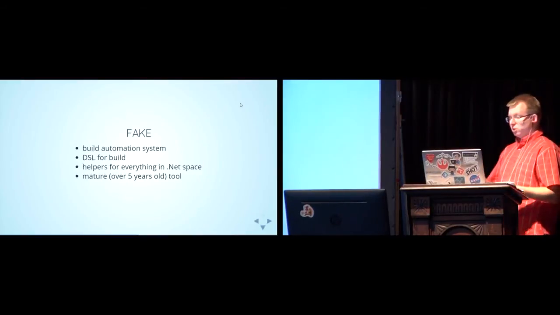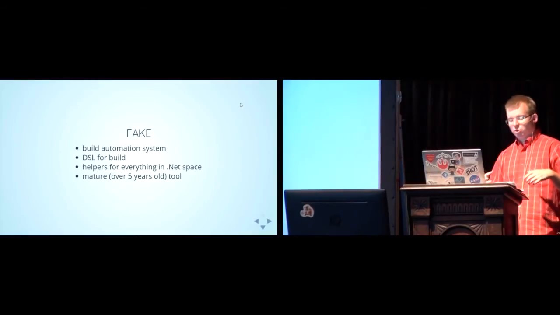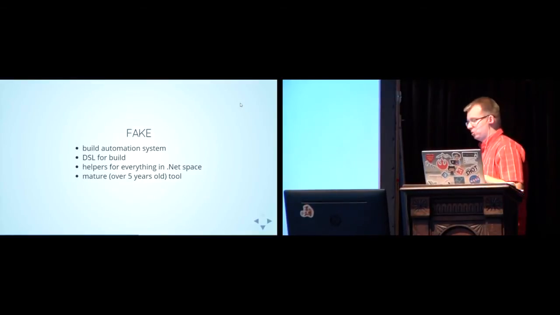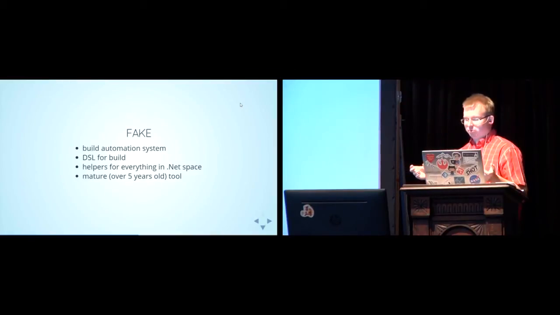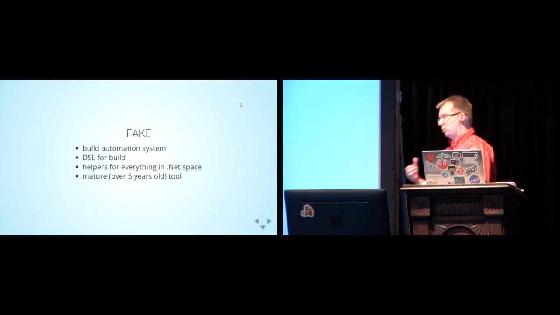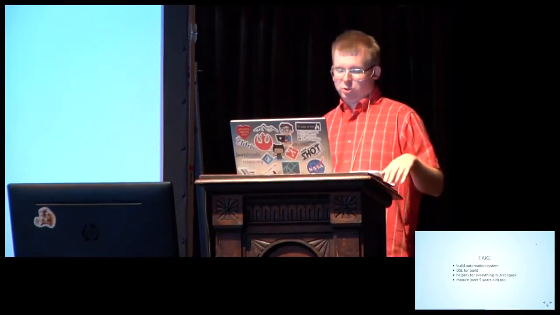Basically, it lets developers create small tasks and create dependencies between those tasks, which allows us to create bigger, complex build processes, which can be used for many different things. For example, in one of my projects, we compile F# to Java, run tests, compile F# to JavaScript, Paket, push to GitHub, release, and also release it to the Atom package manager registry. So it's a really complex, big process, which is relatively easy to